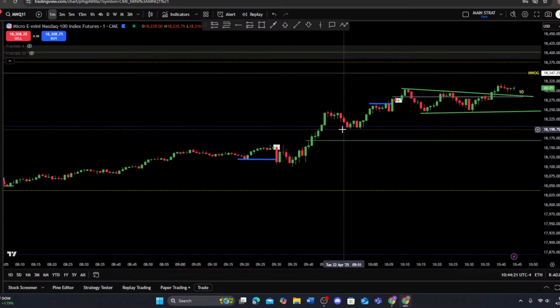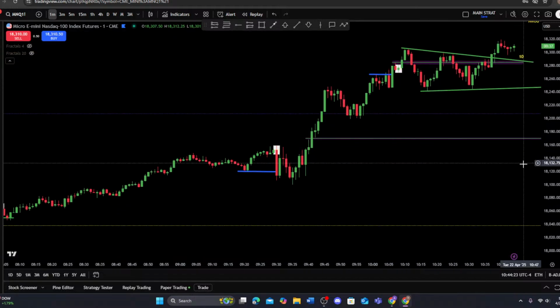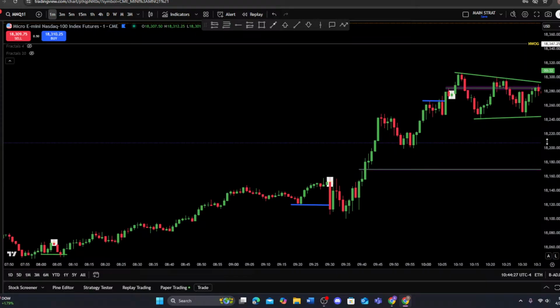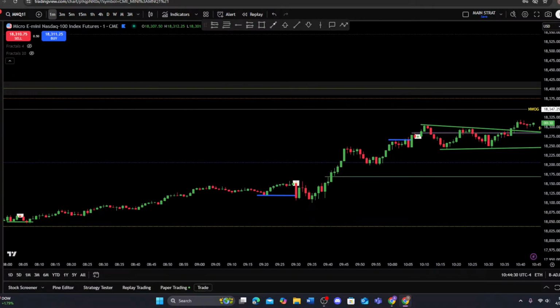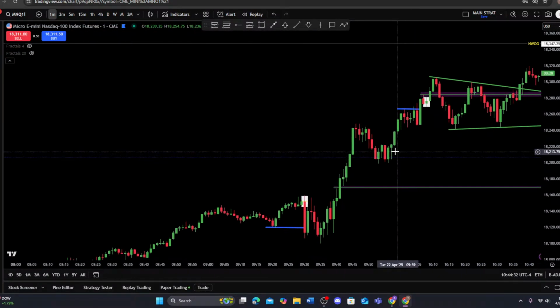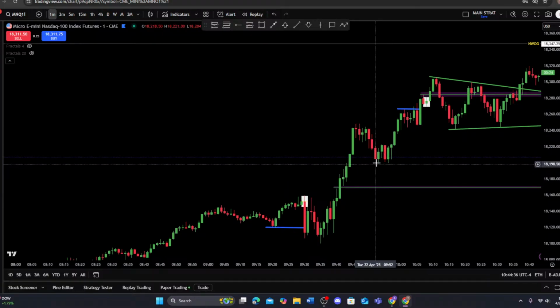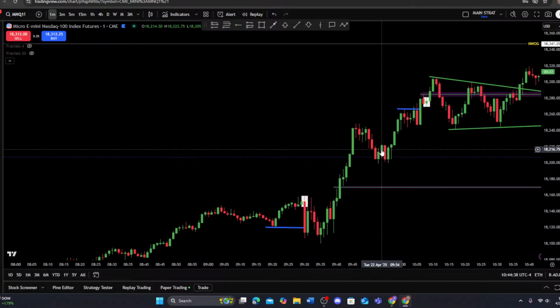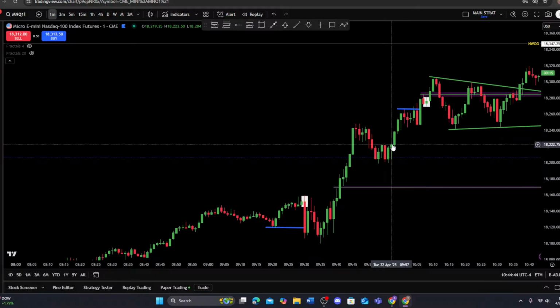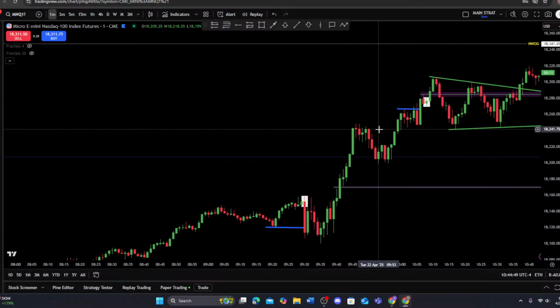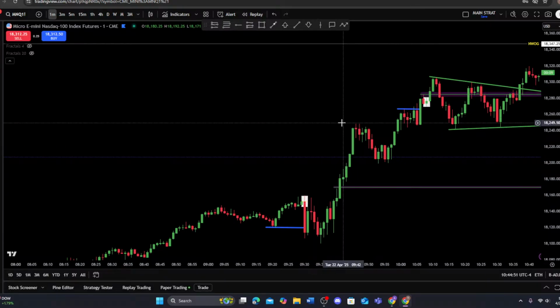Right here, we actually did form a... let's see if it took out that low. No, it didn't take out that low anyway. We had it close above. We had a market order flow shift right here. This right here would have been a bearish order block. We closed above that here, so making a market structure shift, or not a shift of structure, because structure is bullish. We just had a continuation of structure